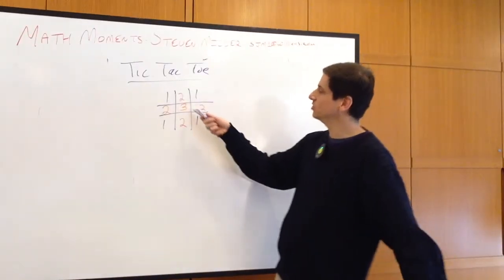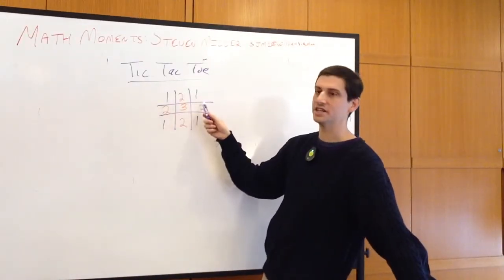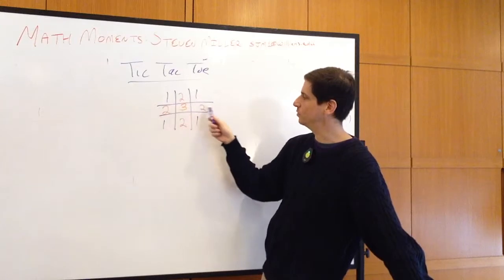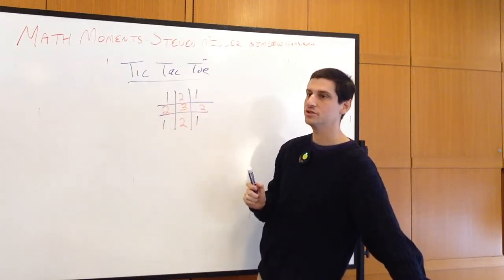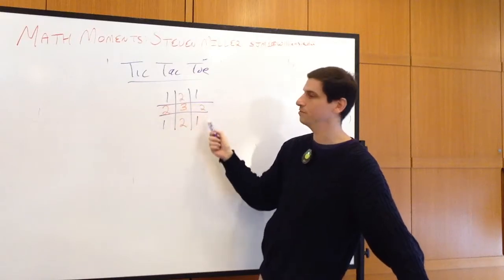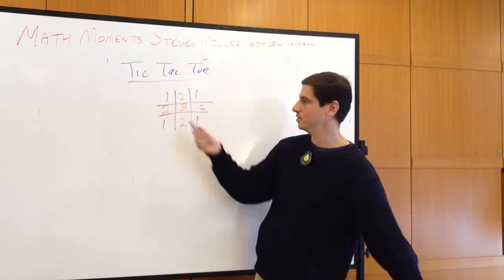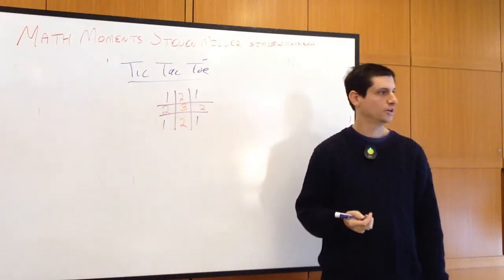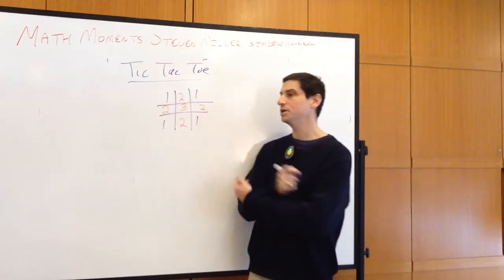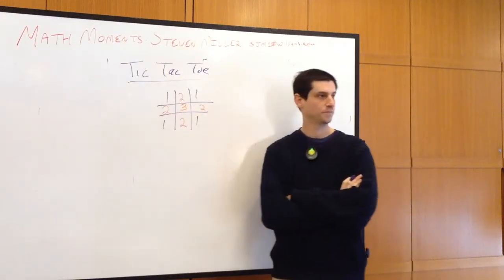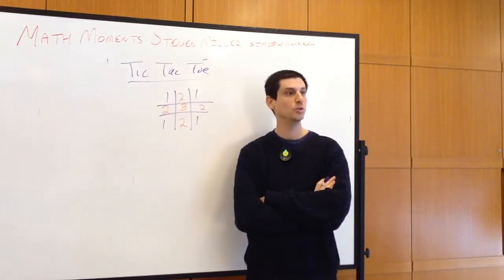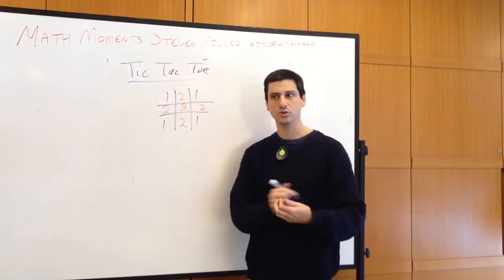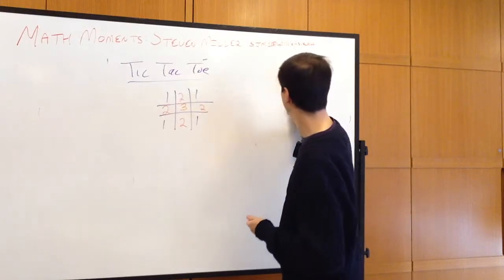What I like about the middle is if you think about all the different ways to get 3 in a row, the middle is involved in 1, 2, 3, 4. Nothing else is involved in 4. The corners are involved in 3. The sides are only involved in 2. So it almost seems like maybe the best opening move is to grab the middle. This leads to the concept of something that might be locally best, but not globally best. And so one of my favorite examples, and I know this is a bit all over the map,